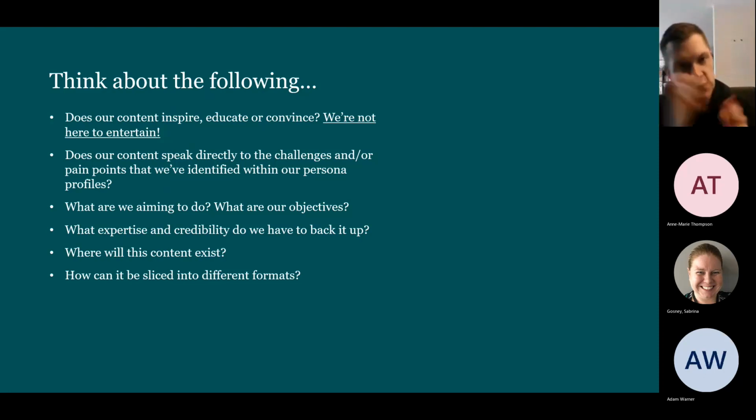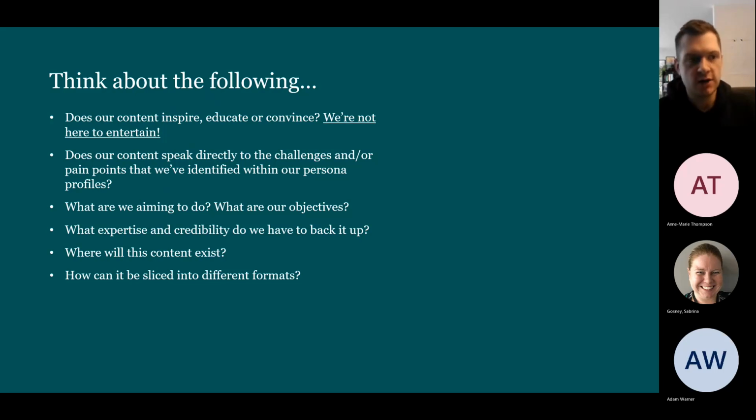So we might create, or we might work with an agency or a marketing consultant or whoever to create an ebook or a report that might be 2,000-3,000 words. How can we make sure that we get the most out of that piece of work, because it's time consuming and resource consuming? So how can we take that ebook or report, make that into different blogs? And that could be a case of taking some of the chapters or some of the sections from a hero piece of content, and then thinking, right, okay, how does that then become a blog specifically?